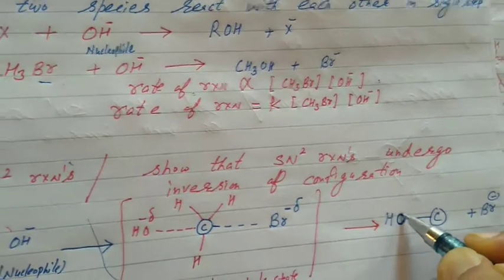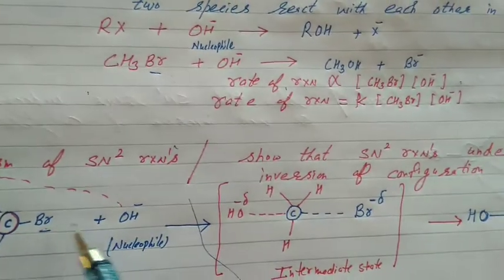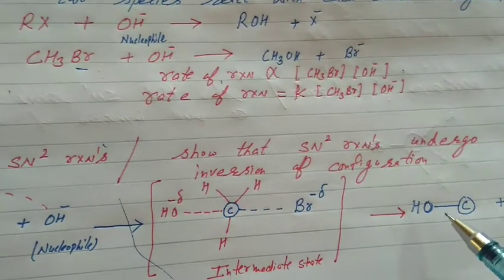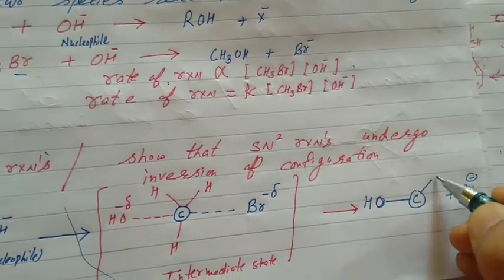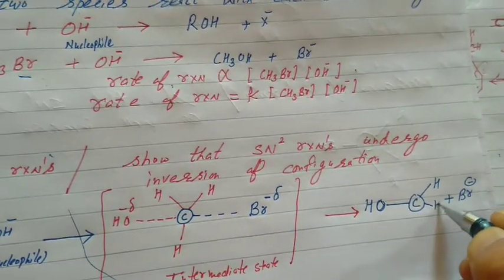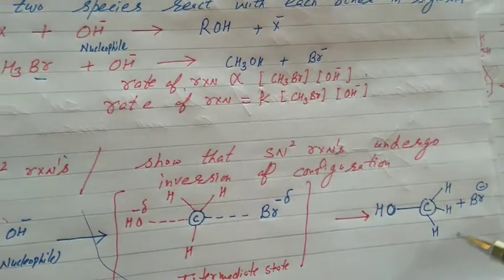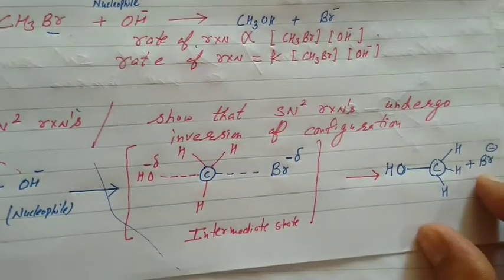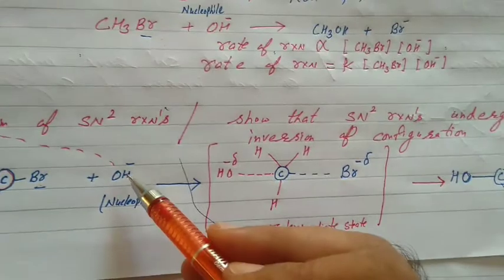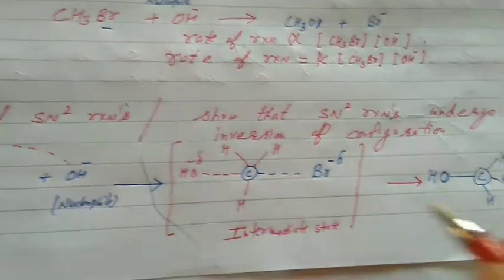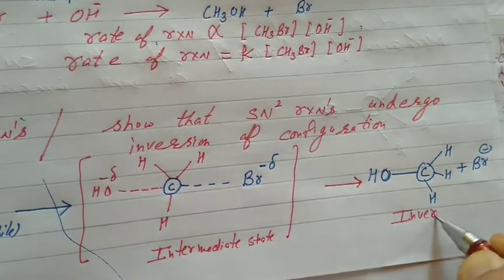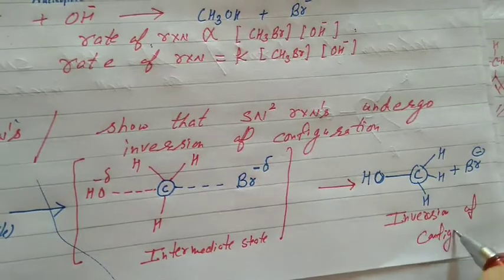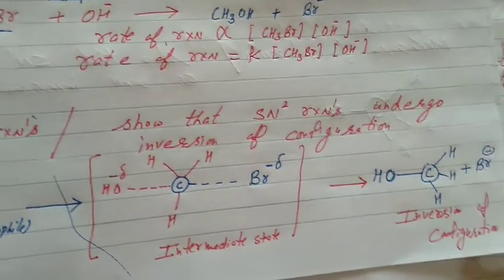Students, it is clear. The halide ion is on the right side, but the nucleophile approaches from the left side. It is the opposite pattern. It means I will mention the hydrogens on this side now. Now what do we call it? Retention or inversion? Students, it is inversion of configuration. The new group approaches from the opposite side. Inversion of configuration. That's the mechanism of SN2 reactions.